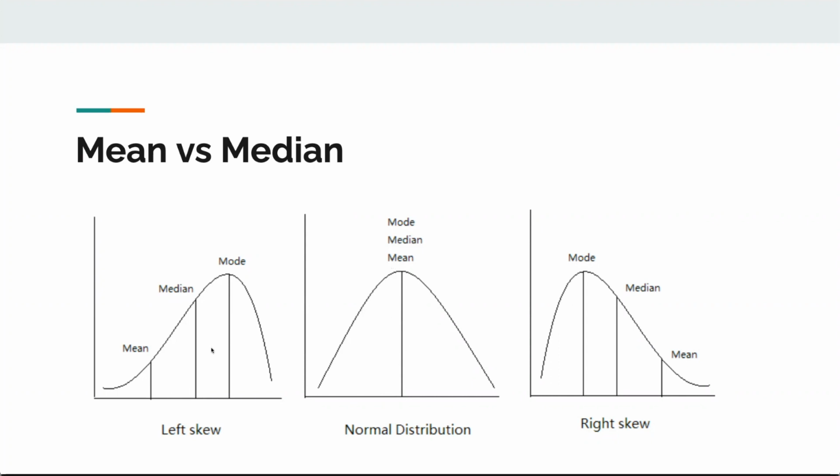However, when there are skews, where the majority of the values fall on one side over the other, you'll see that the average, or the mean, is skewed. It's a little bit to the left. In this case, a little bit to the right. But the median remains in the center. The median is achieved by ordering the values from smallest to highest and then taking the value right in the middle, instead of summing them and then dividing the sum by the sample size.